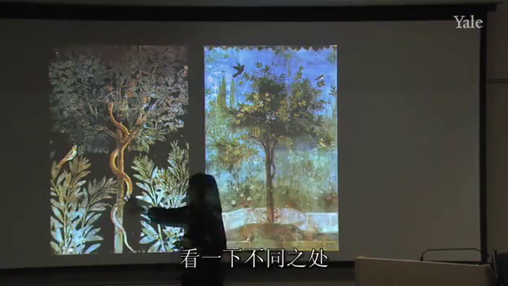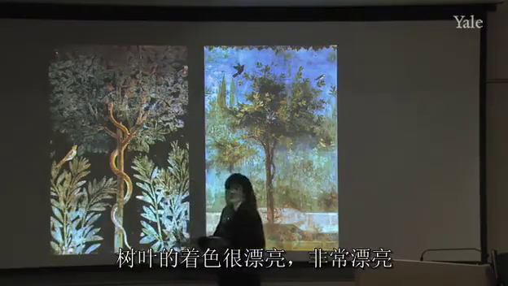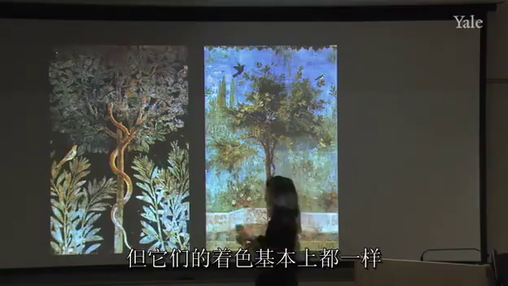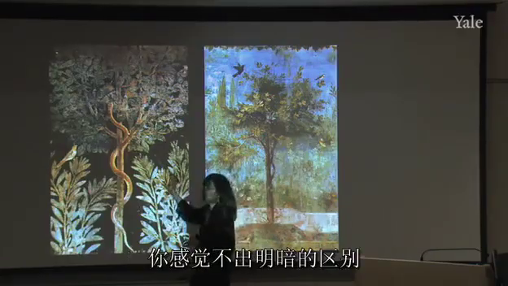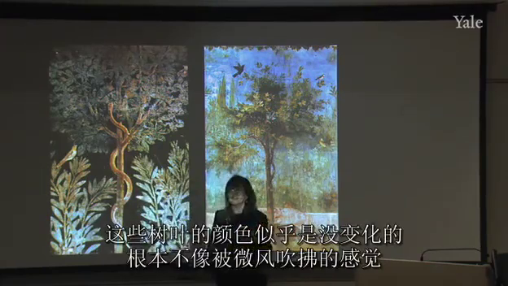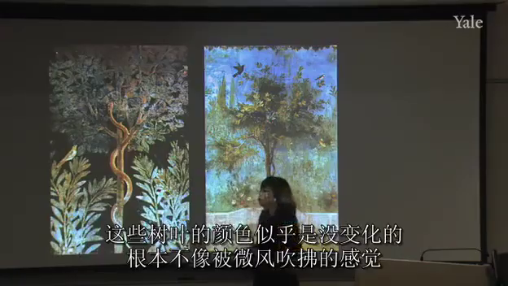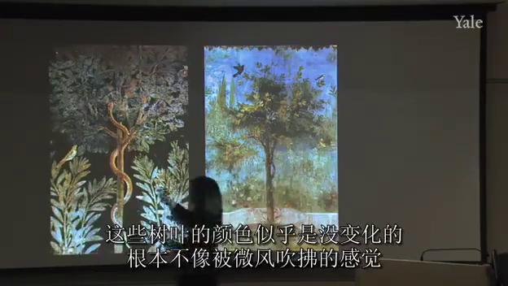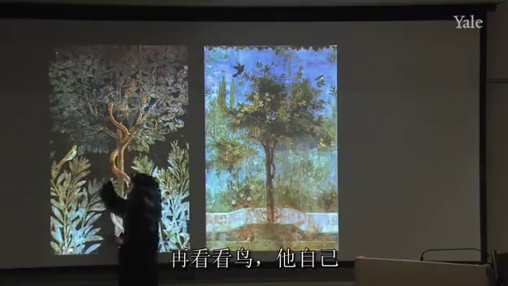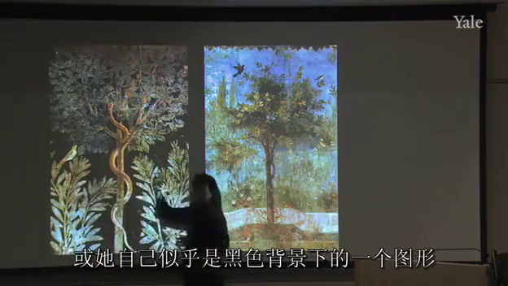Look at the difference here. The leaves are beautifully rendered, but they are all rendered essentially the same. You don't have the same sense of the difference of light and shadow. These seem immutable, not as if they could be ruffled by the breeze at all. Immutable shapes. And look at the difference in the bird, who himself, or herself, seems to be a shape against